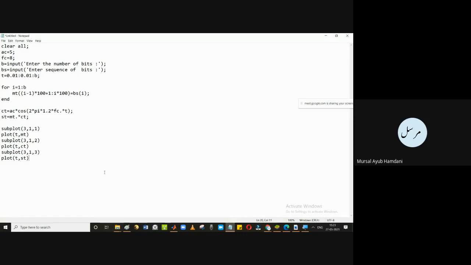What I will be doing is giving it values on my own. The number of bits also, and then what the value of those bits will be, I will input them also. But that will be an array, so we'll need to put square brackets there. The rest of the code is same. It is similar to amplitude modulation. You see, carrier is like this, and the modulated signal will be like this.